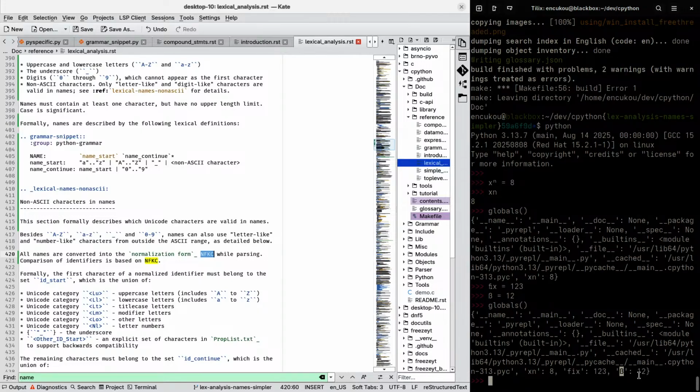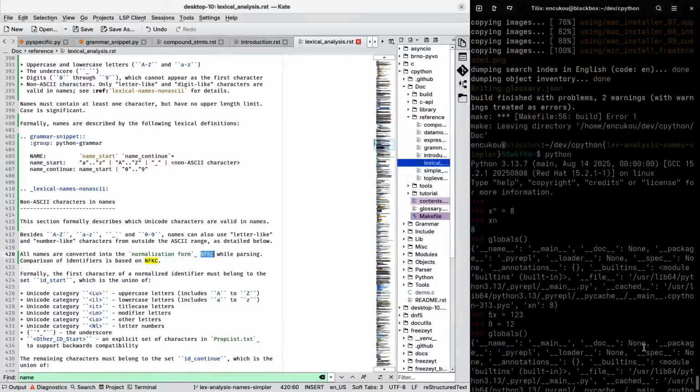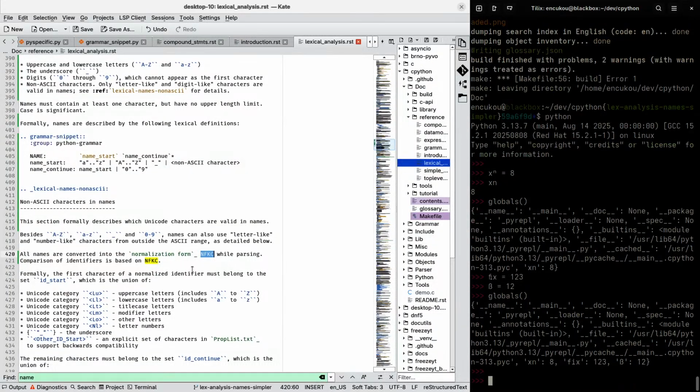That's a normal letter. And of course I can't use the decomposition forms because that's not visible on the screen.